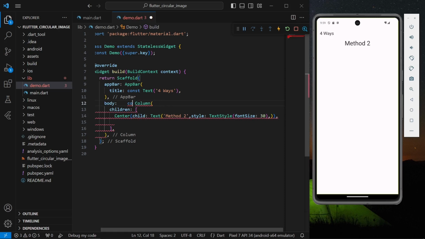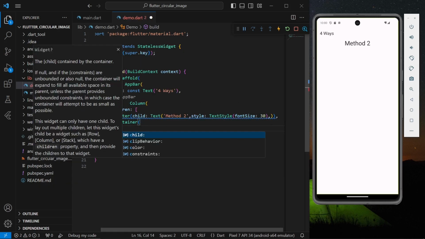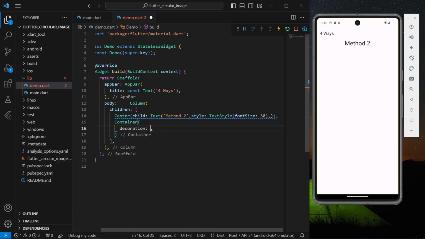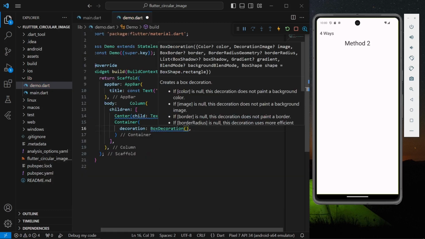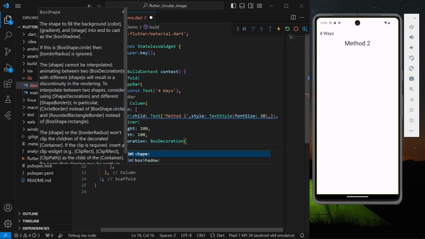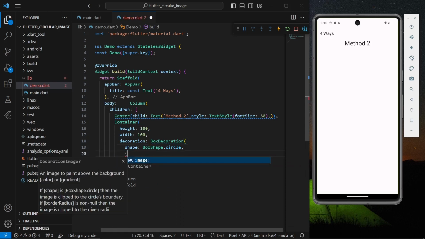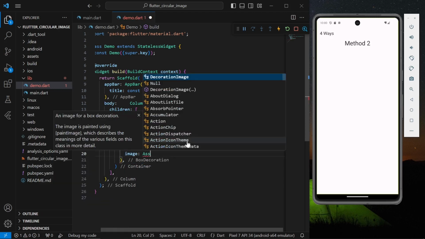So the second method will be our container. You can have your container. Inside container you can have decoration, box decoration. You can give the specific height, let's say 100, and width 100. You need to provide height and width of equal so that you can provide the box shape property, that is box shape.circle, and you have a property called image where you have to give decoration image,